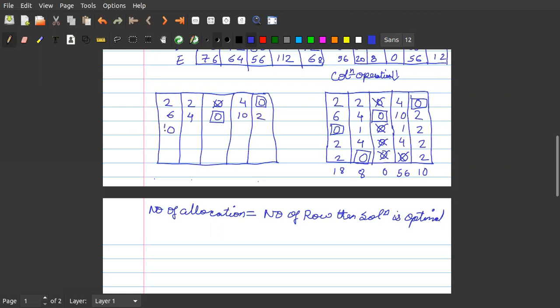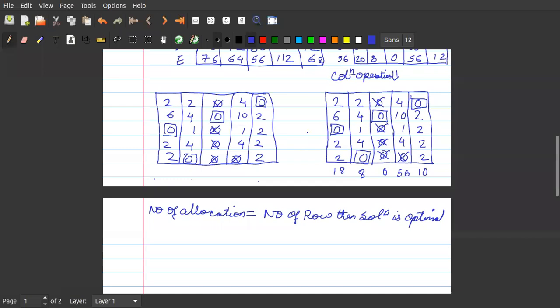Then last is 0 allocation, 1 0 being crossed, 1 2 2 4 0 being crossed, 4 2 2 0 0 being allocated, 0 being crossed, 0 being crossed and 2.